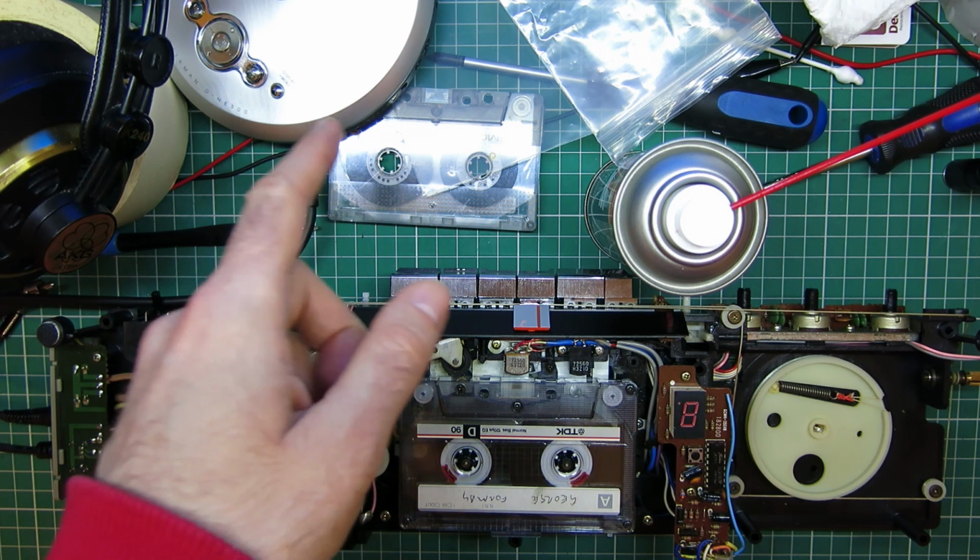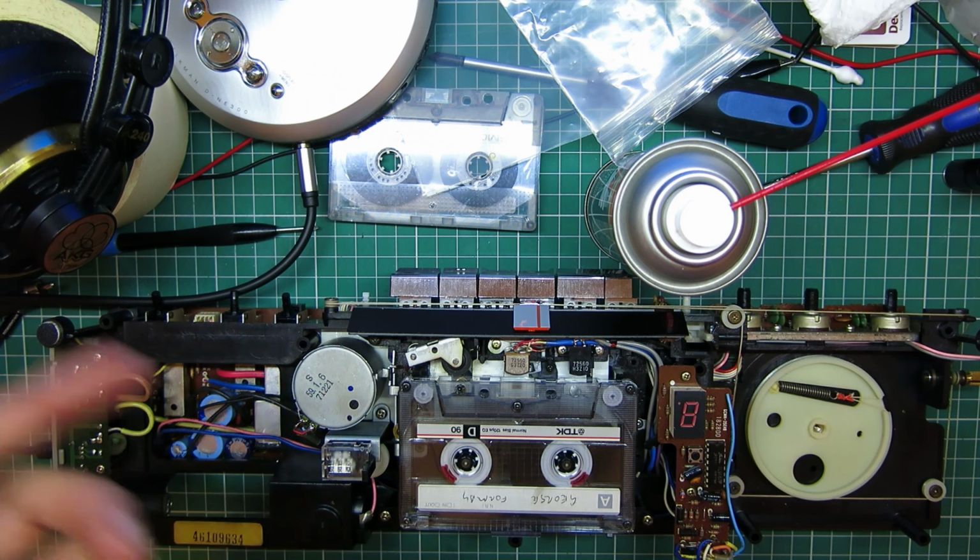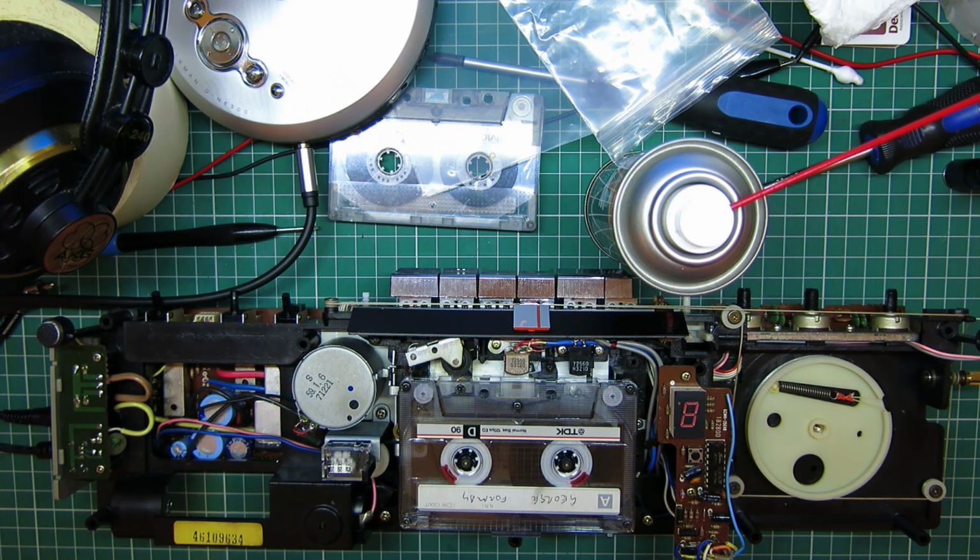I'm running the line input from a portable CD player just with a headphone out, so there might be a bit of a mismatch there anyway. Modern line out stuff seems to be really quiet, I'm sure, compared to a lot of older stuff, but you can get around it. I thought I'd noticed at one point that it wasn't recording very strongly on the left